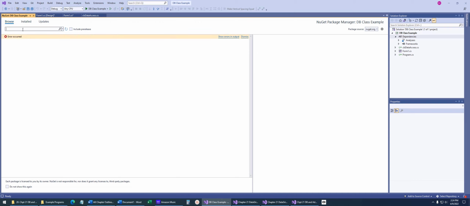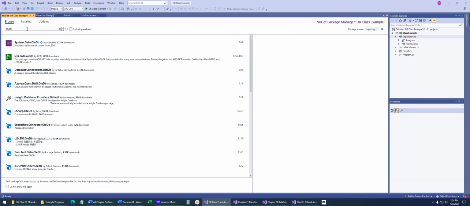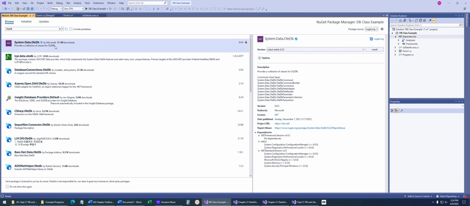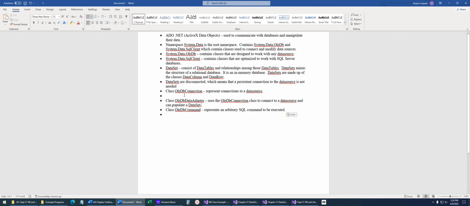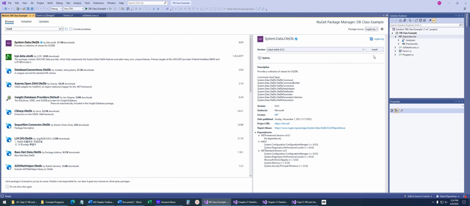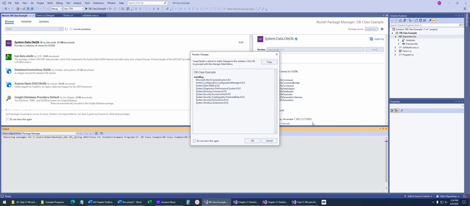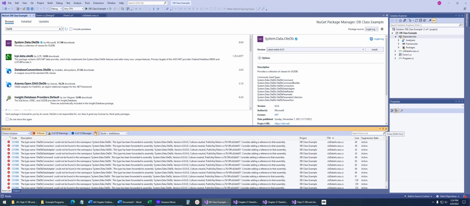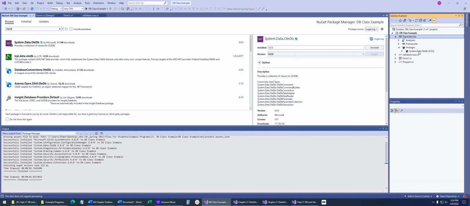Under Browse, we want to search for OleDb, and make sure you're under Browse and not Installed. See how it comes up with System.Data.OleDb. This allows us to download the DLLs that we need so we can access all of the code that Microsoft has already written for us, that we just talked about over here. So we're getting all of this code from Microsoft and importing it into our application. You just click Install, click OK, and then you'll notice that over here, under Packages, we've got